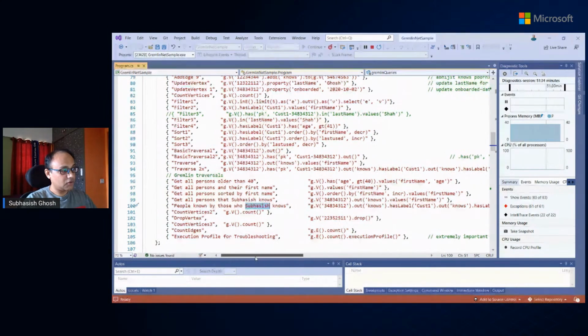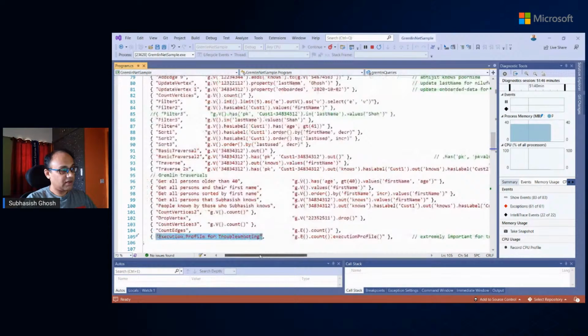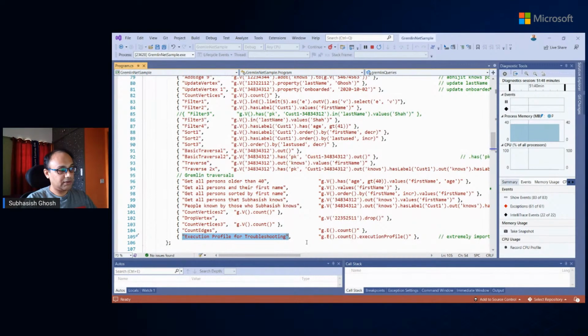One important point which we leveraged, and we strongly recommend people leverage, is always to use the execution profile. This is extremely important because it gives you a lot of parameters which you can deep dive into for optimizing queries, specifically from a performance perspective, and then eventually moving into latency and then cost.